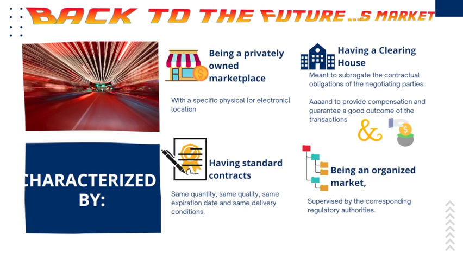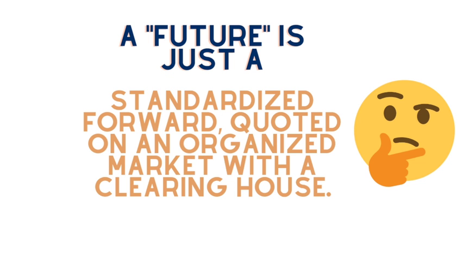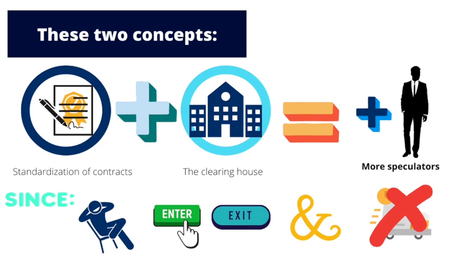3. Having a standard contract. That is, same quantity, same quality, same expiration date, and even same delivery conditions. And 4. Being an organized market supervised by the corresponding regulatory authorities. That way, you could say that a future is nothing but a standardized forward quoted on an organized market with a clearinghouse. It's precisely these two concepts, the standardization of contracts and the existence of a clearinghouse, that make it